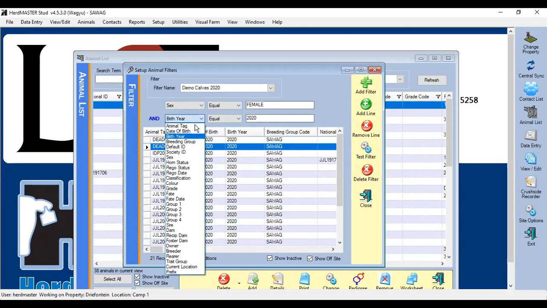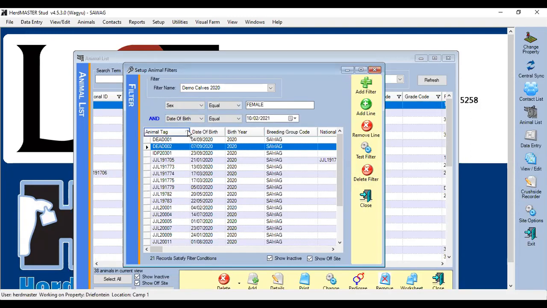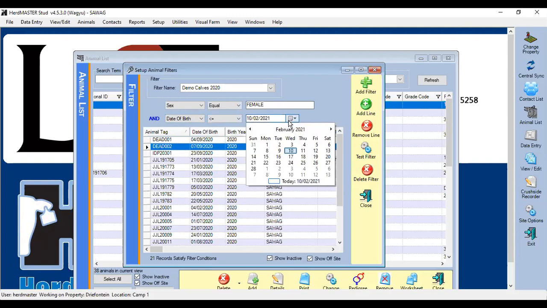So let's change this to date of birth. And I'm going to say, I first want to swap these two around. And I'm going to say for the first 6 months of last year,